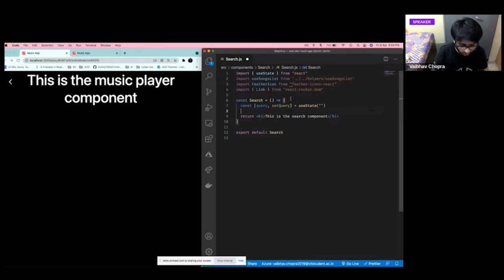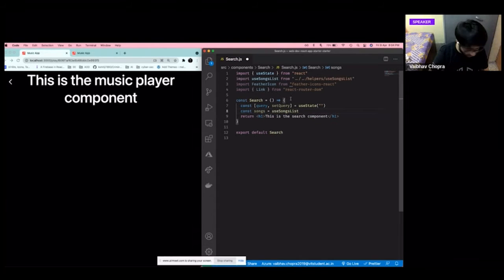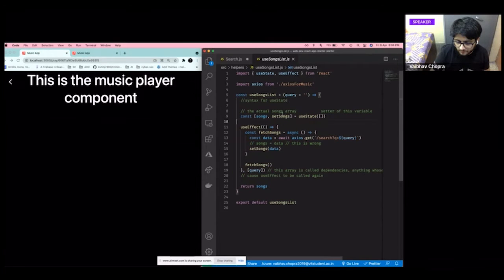Next up, we will again pass this query to our useSongsList. And the beautiful thing about React is that everything goes together at the end of the day, because in order to make the songs reload based on your query, you wrote the logic for that in the custom hook of useSongsList. You see, if you open useSongsList, you passed query as a dependency here.